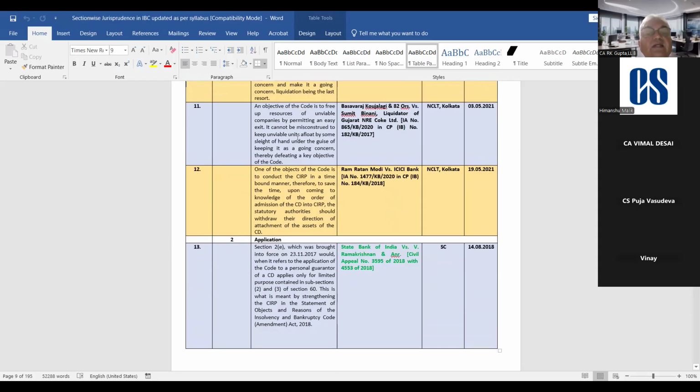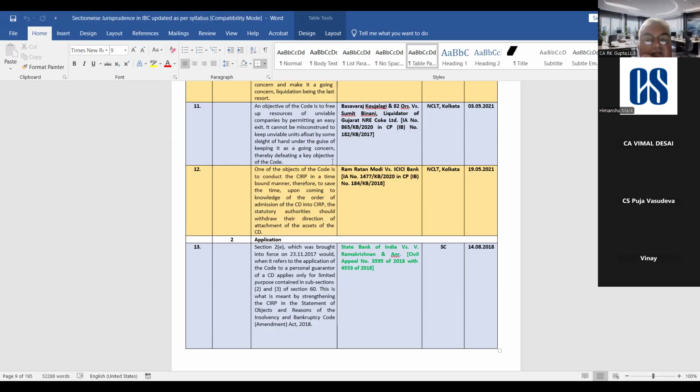companies by permitting an easy exit. Okay. It cannot be misconstrued to keep unviable units afloat by some sleight of hand under the guise of keeping it as a going concern, thereby defeating a key objective of the code. So they say, if you are ultimately unable to run the company, if there are no takers, then that simplified exit should also be there. Okay. So one of the objective of the code is to conduct the CIRP in a time-bound manner,